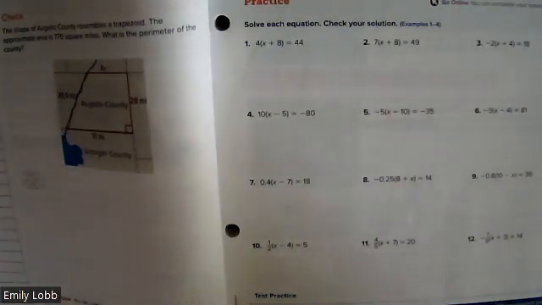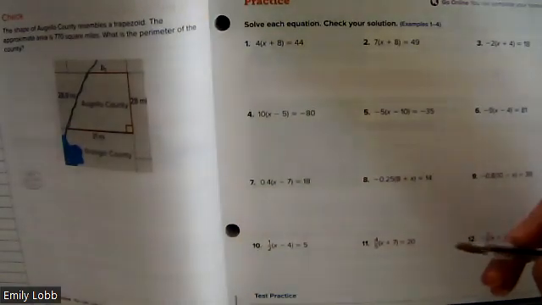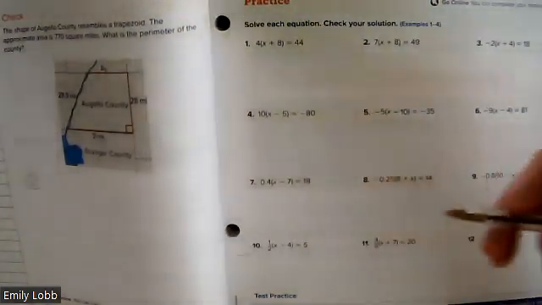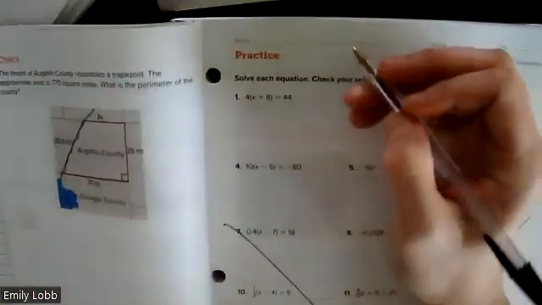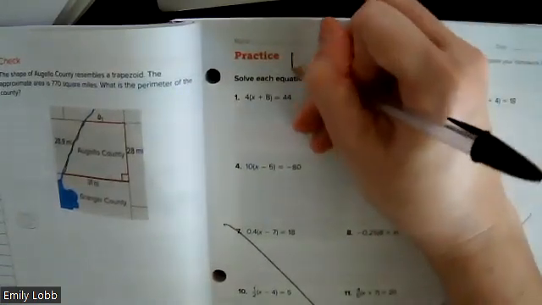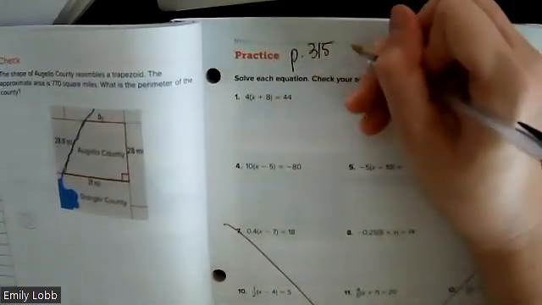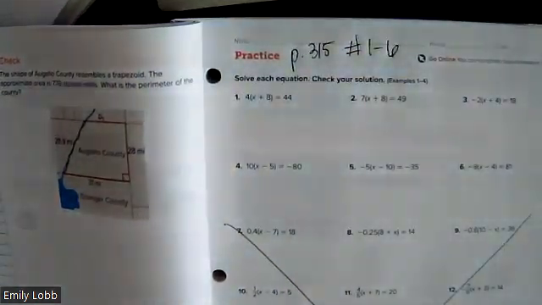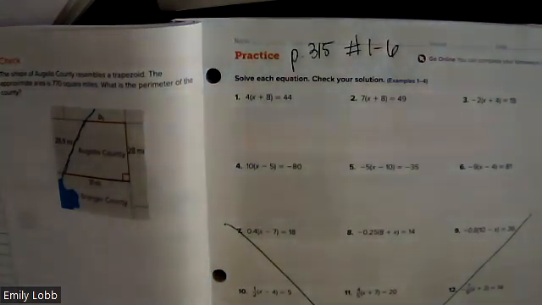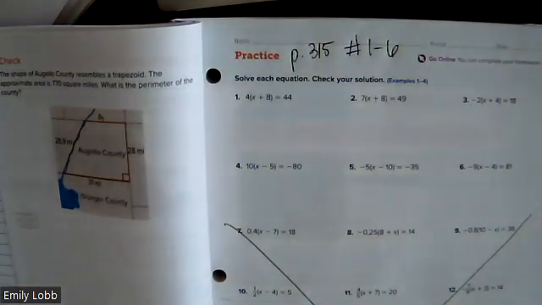Today, you're going to practice by completing 1 through 6. That's it. So on page 315, you're going to practice with numbers 1 through 6. Make sure 6-1 and 6-2 in your reinforced packet are done today as well. I know some of you didn't have time to finish that yesterday. So you've got some extra time to be going back to be sure 6-1 and 6-2 in reinforce are done. We're going to be doing